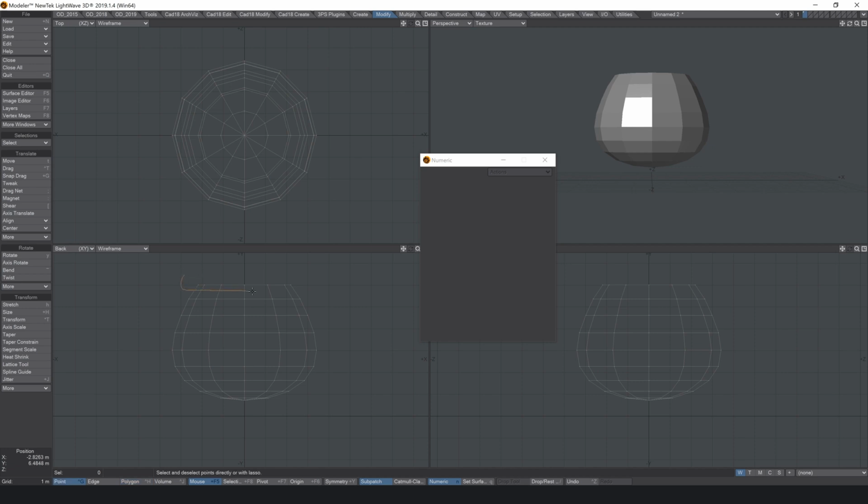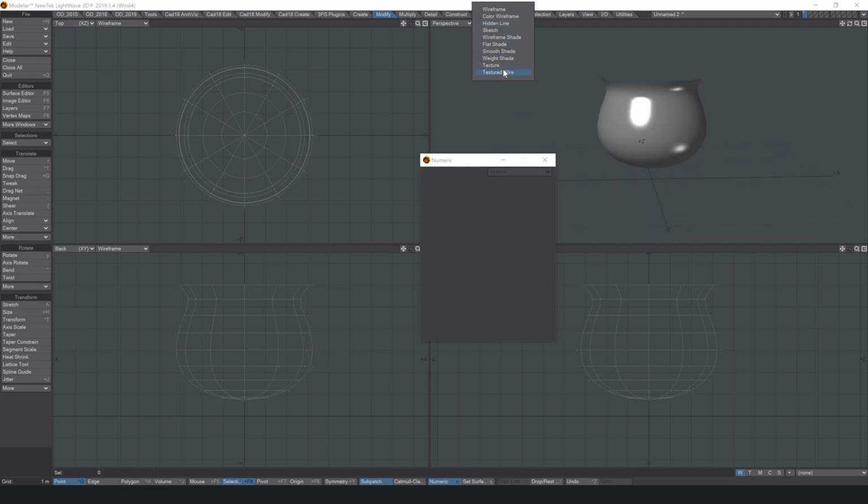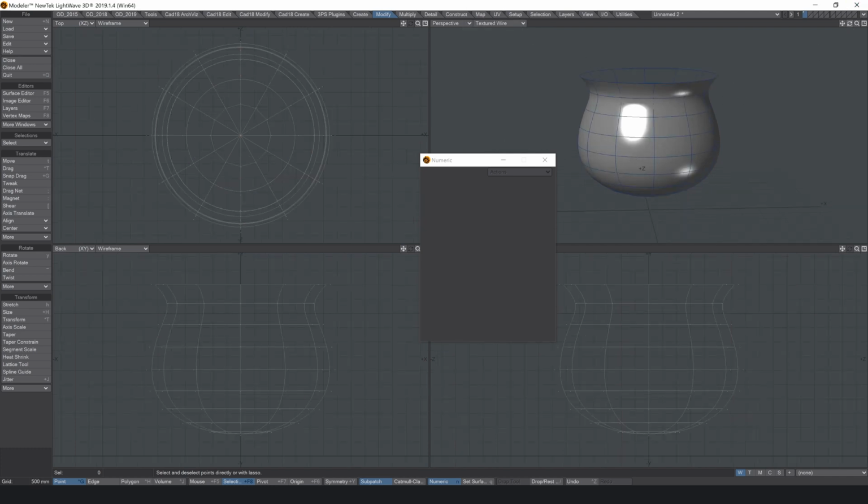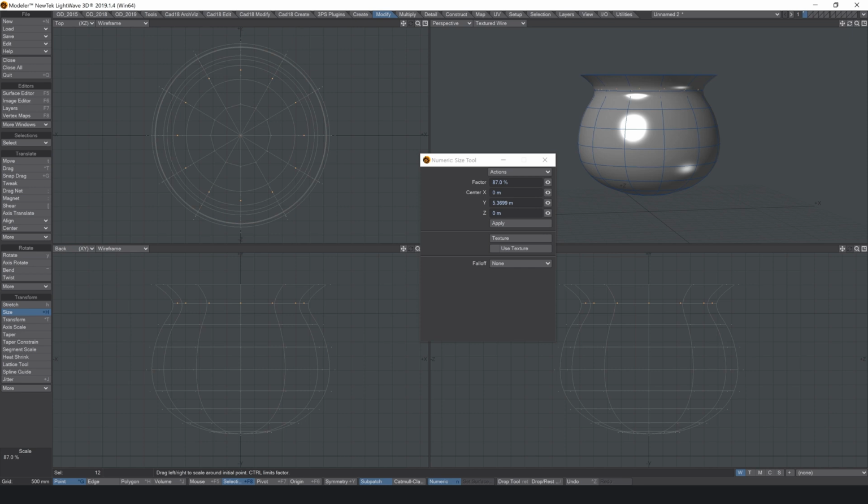Next, let's just scale these top points up. Going to make sure that action center is on selection. Shift F8, I believe. I'm going to just scale those just to create our lip. Hit tab. Look at the sub-patch version. Textured wires so we can see what's going on. And I'm just going to tweak the scale on this row of points just to emphasize that lip a little